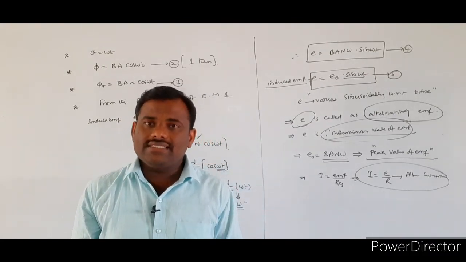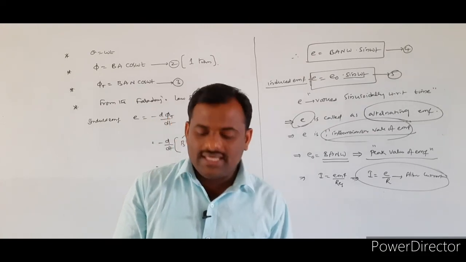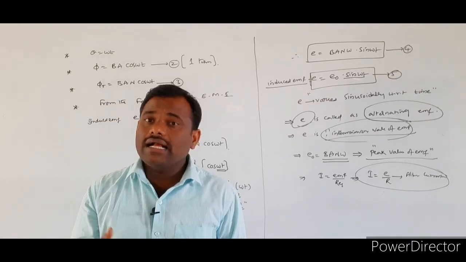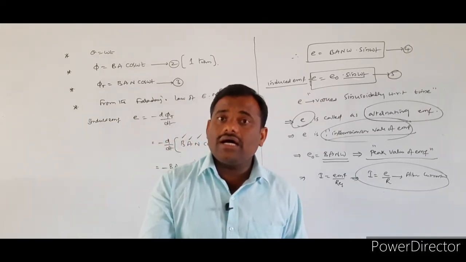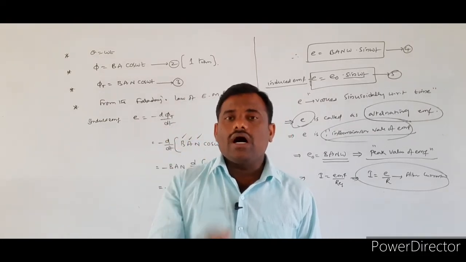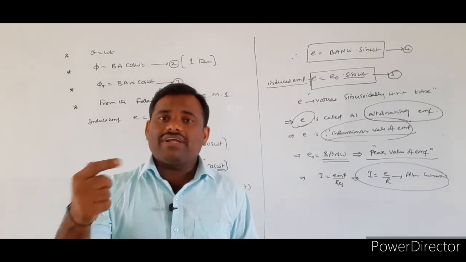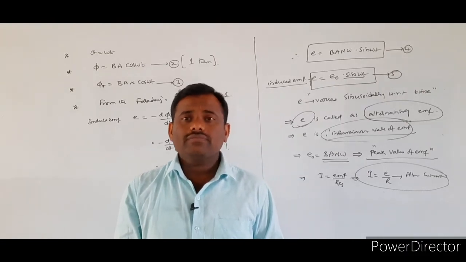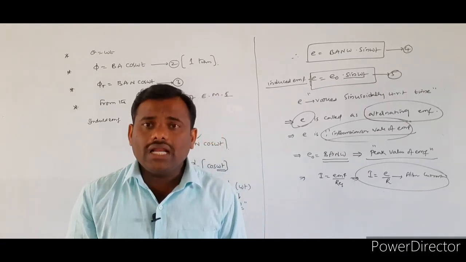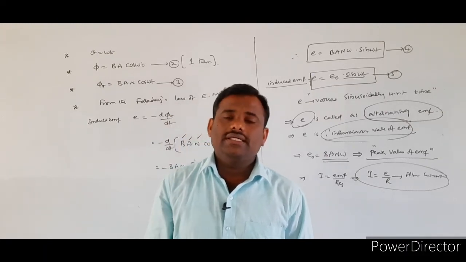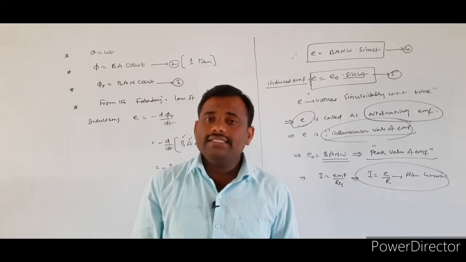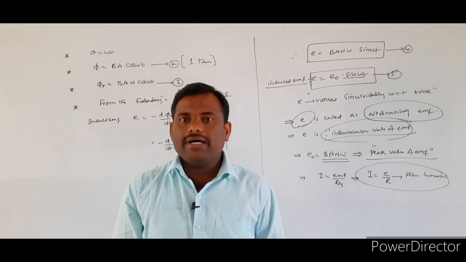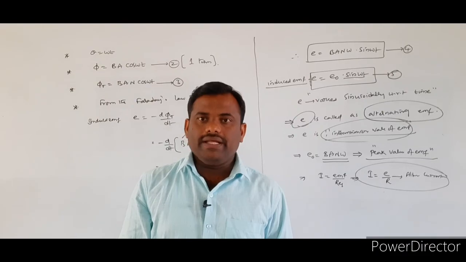Like this we produce either alternating EMF or alternating current by using the device called an AC generator. So in the AC generator, how can we produce the alternating EMF or alternating current? By changing the orientation of the coil or by changing the area of cross section of the given coil, you are able to produce either alternating voltage or alternating current. So this is the working of the AC generator. Thank you. So with this, the theory part of the EMI is completed.